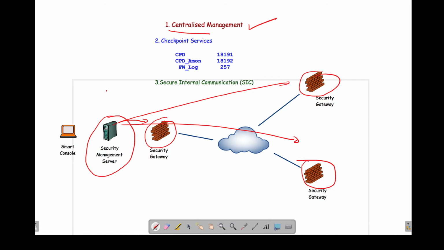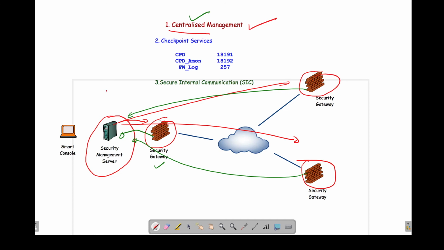We can also ask all the security gateways to send the logs to the management server. So by having one security management server and going for centralized management, we have a lot of advantages. All the policies are present only on the management server. We can also receive all the logs from the firewalls on the management server.